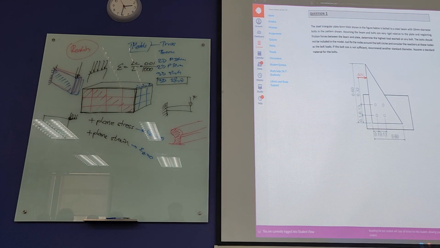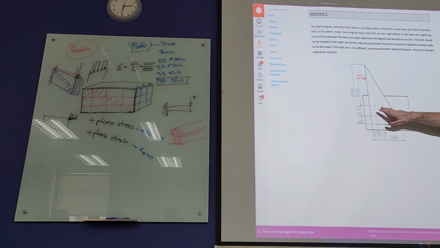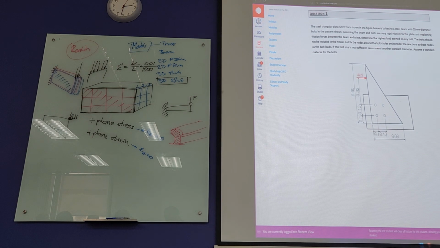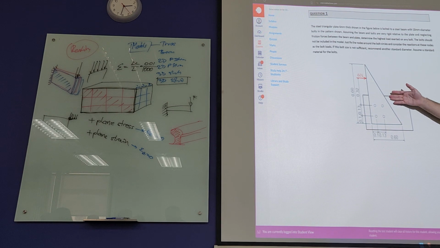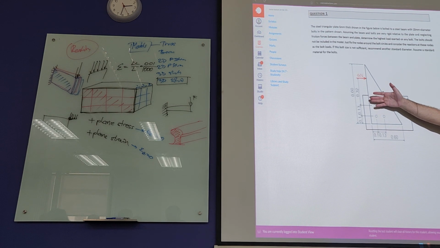Yeah. So the plate is attached to this back plate through 4 bolts. Do you model everything? Well, the answer is not that simple. The answer is not this or that. It all depends on what you are after. Yeah? If you are interested in stresses in a plate, and whether it's going to be strong enough,